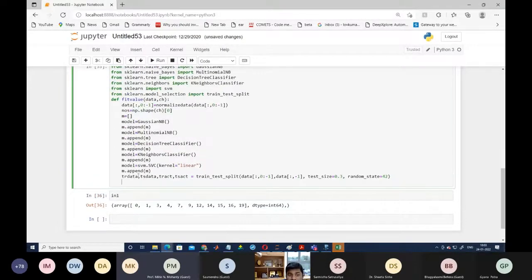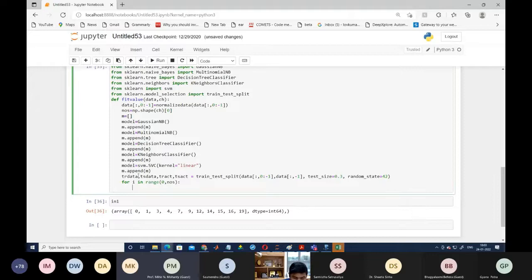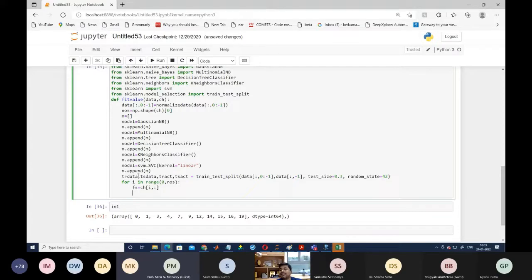Okay, so here we are taking how many samples. For each sample we are writing for i in range of 0 to number of samples. How many samples are there? Now we are selecting what is the feature value for the sample. We are writing ch of i comma all columns. It means we are working for the ith solution. i will start from 0 to number of solutions, and for the ith solution, we are going to find the important features. So we are writing important feature equal to np.where we are getting the feature value double equal to.